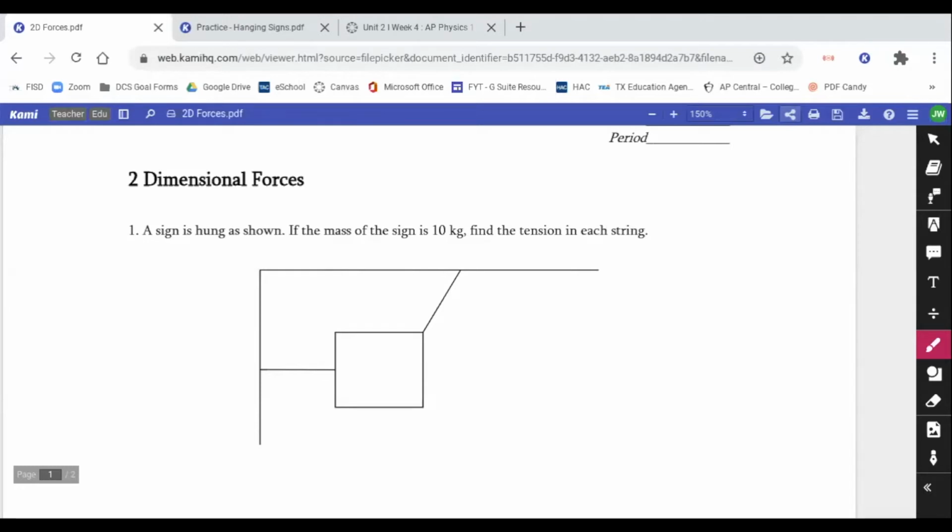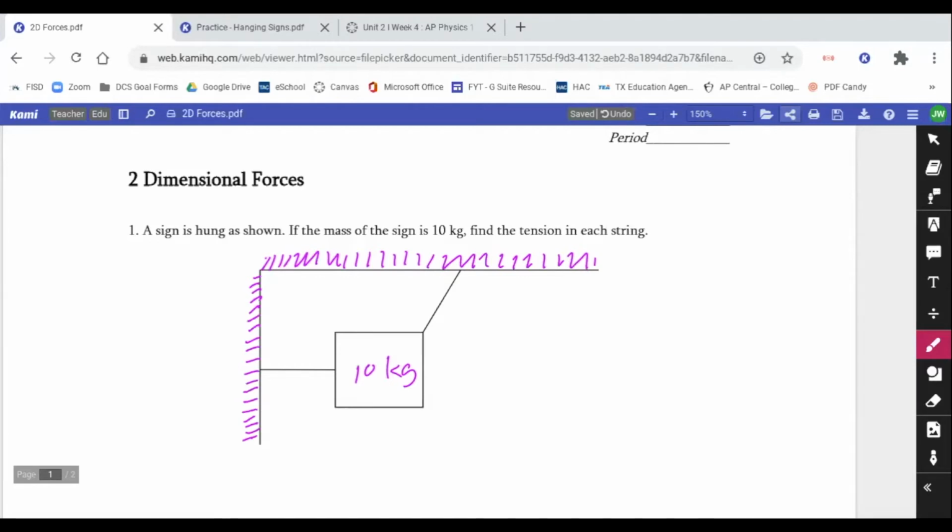All right, let's get started. So if this is a sign in the center and it tells us this is 10 kilograms, let's call this a wall right here. So there's a wall, and let's say it's a storefront, and maybe this is even a roof. So this is a solid roof, solid wall. And the reason I highlight that is this sign's not moving. It's attached to a solid wall. It's attached to a solid roof. This sign is not